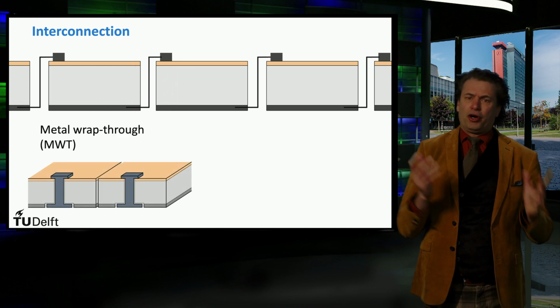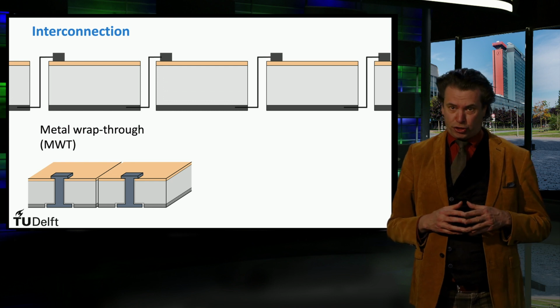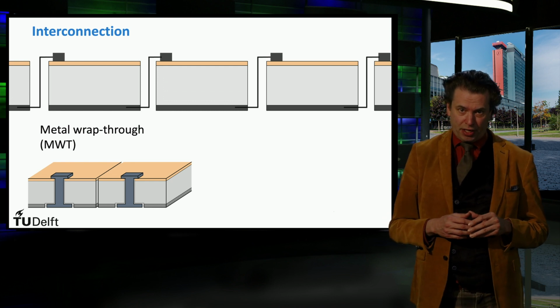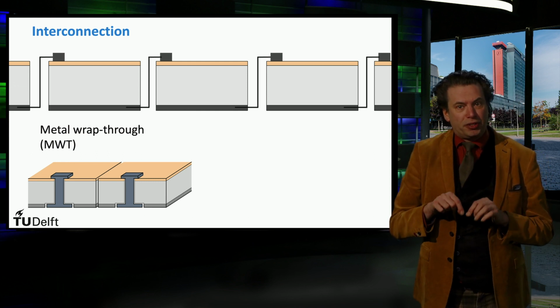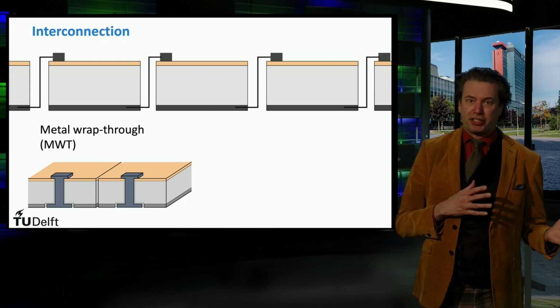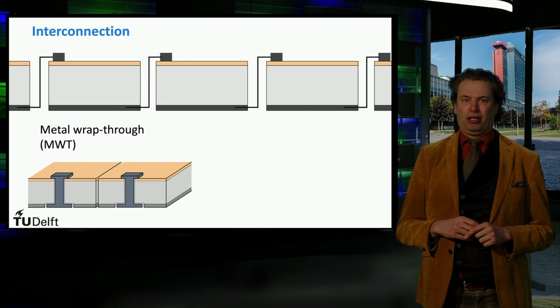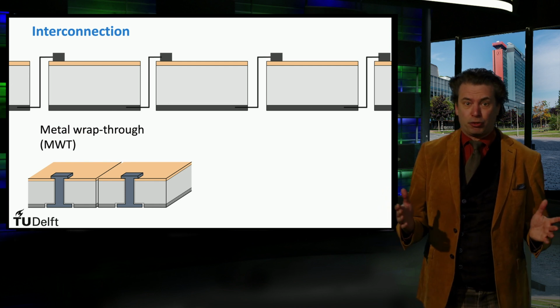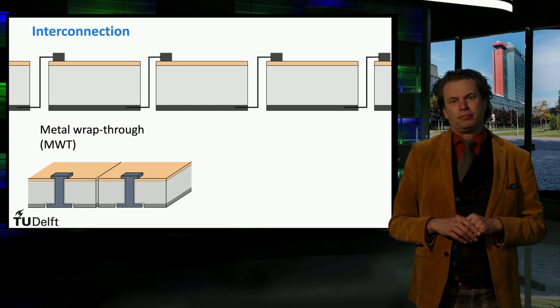There are other ways to interconnect solar cells, such as the earlier discussed metal wrap-through technology. Here, the front contacts are wrapped through the cell with a so-called via, such that both the positive and negative terminals are located at the backside of the cell. The cells can now be placed much closer to each other since contact tapping is omitted.